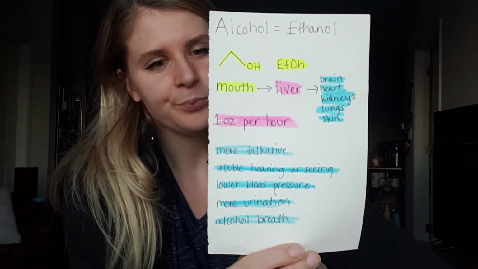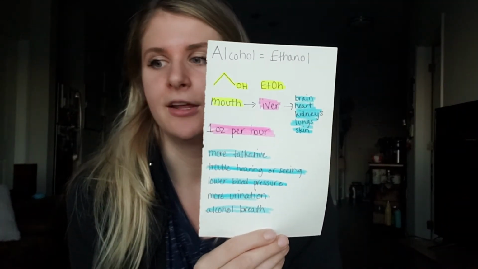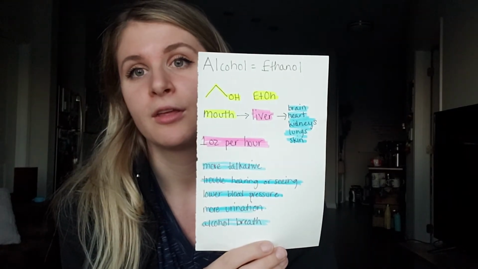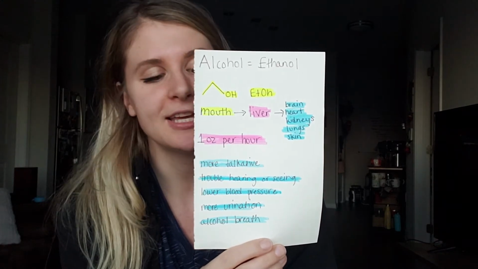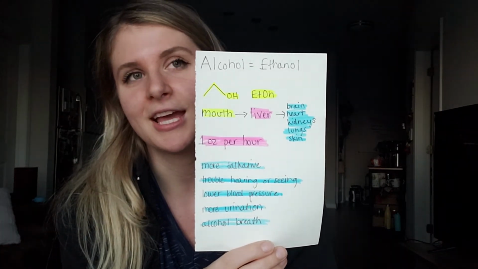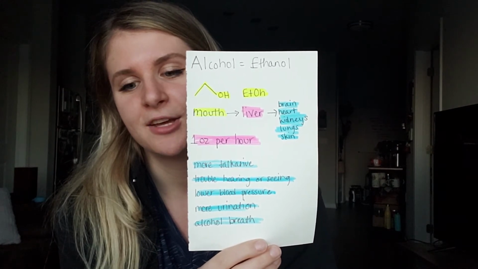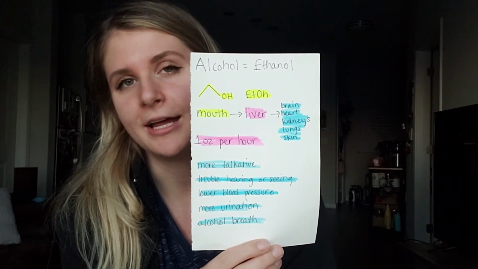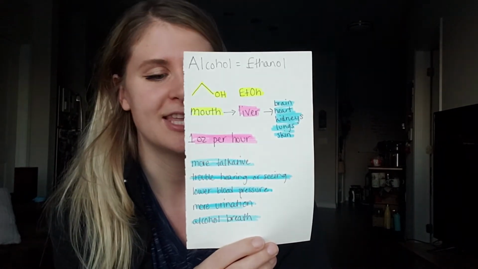When it comes to the nutrition side, because alcohol is something you drink, alcohol actually does give you energy. It has 7 calories per gram. To give you a reference, carbs and proteins have 4 calories per gram, and fats have 9. So alcohol has 7, it falls there in the middle.